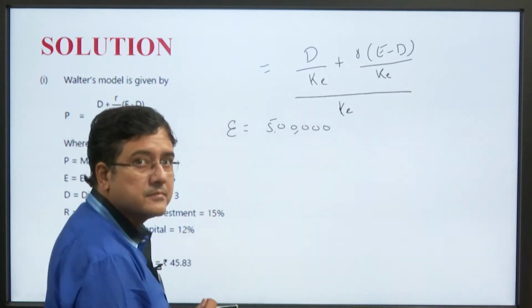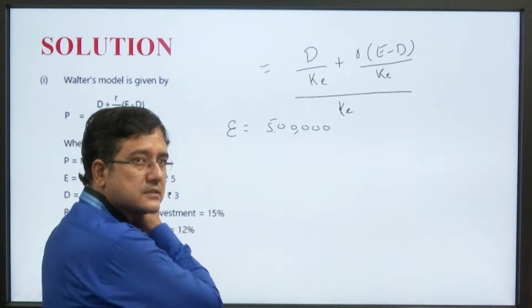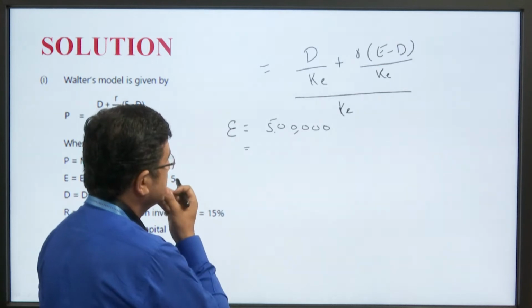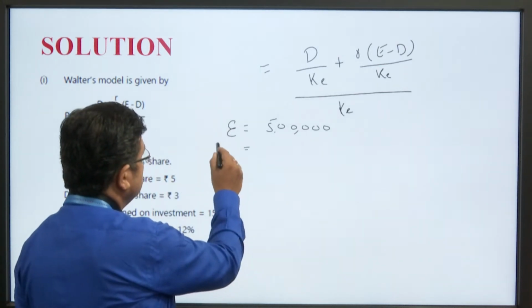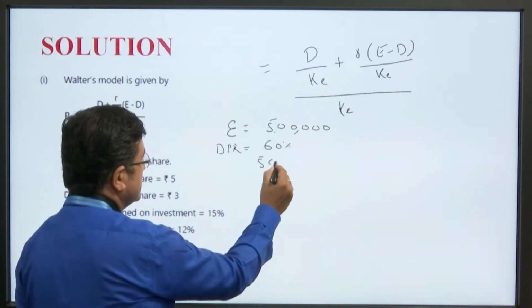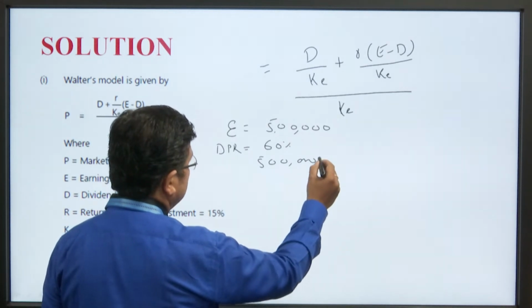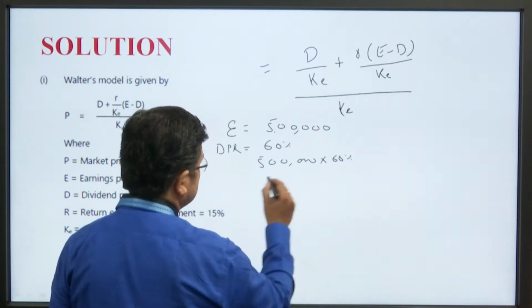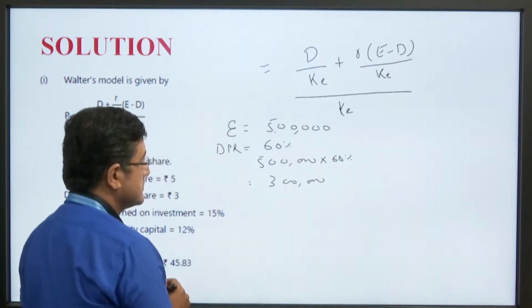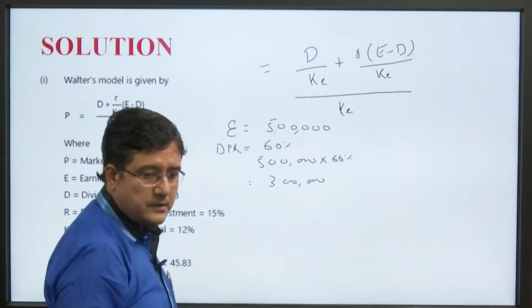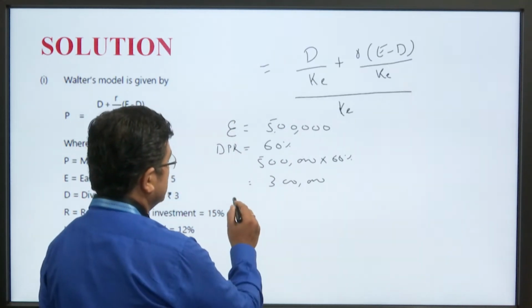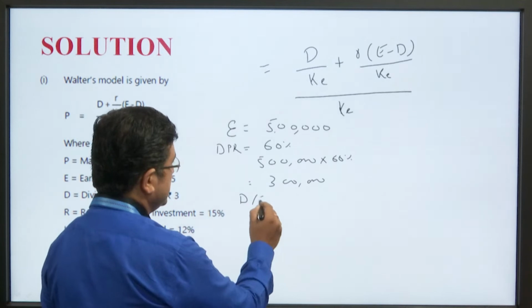Earning is 5 lakhs. 60% of 5 lakhs is 3 lakhs. Number of shares is 1 lakh. So, D is the dividend per share,